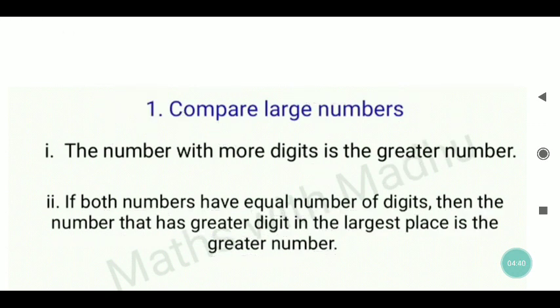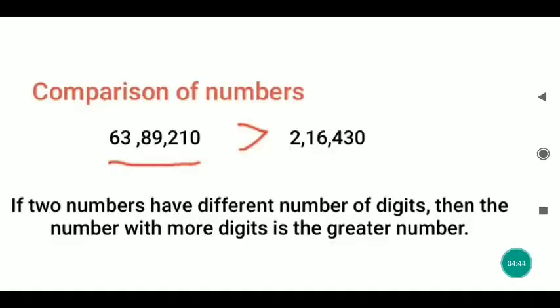Okay, just see. A few more examples I have with me which will clear your doubt. See, my dear students, here the same kind of question it is. With two numbers having a different number of digits, the number with more digits is the greater number. Same thing, I have already explained this one. You can see here this example which I have taken. In this one, 1, 2, 3, 4, 5, 6 and 7. This one is a 7-digit number, my dear.